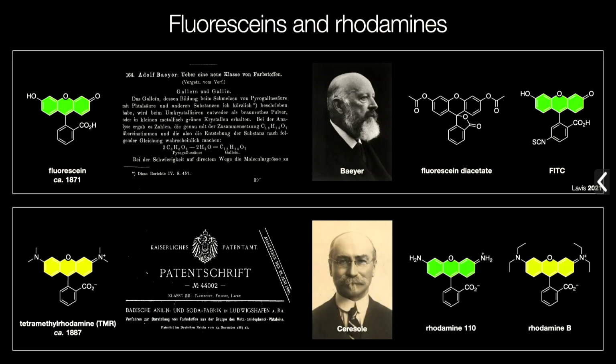But from an organic chemistry standpoint, the age of these dyes is something of a problem. It means that the methods we use to build these molecules are often rooted in the 19th century. And so when I started my lab at Janelia, one thing we wanted to do is bring modern chemistry to bear on these classic fluorophores, with the idea that if we could make them efficiently, we could maybe give them away. And if we could come up with gentler chemistry, maybe we could make improved derivatives with superior properties,